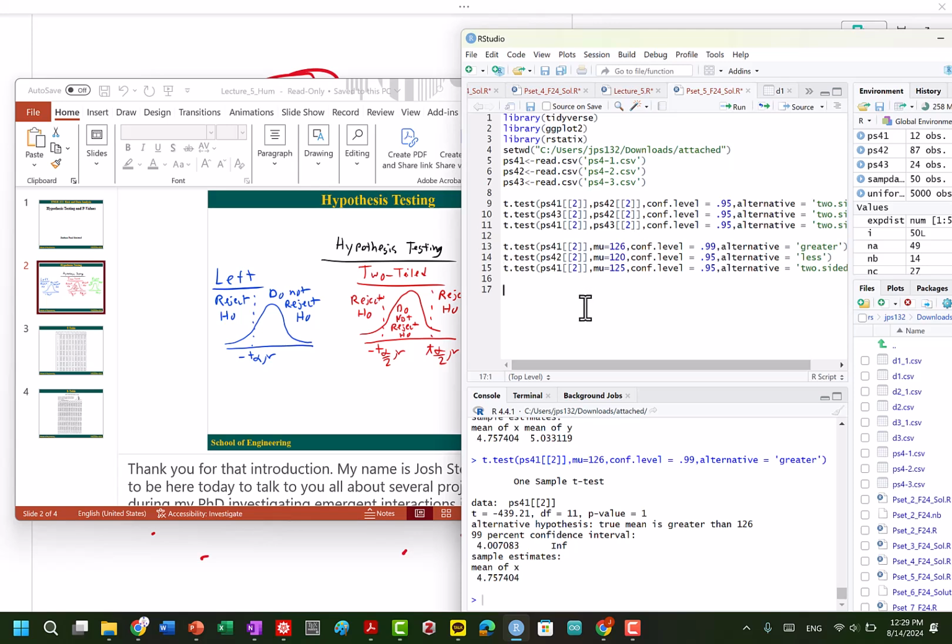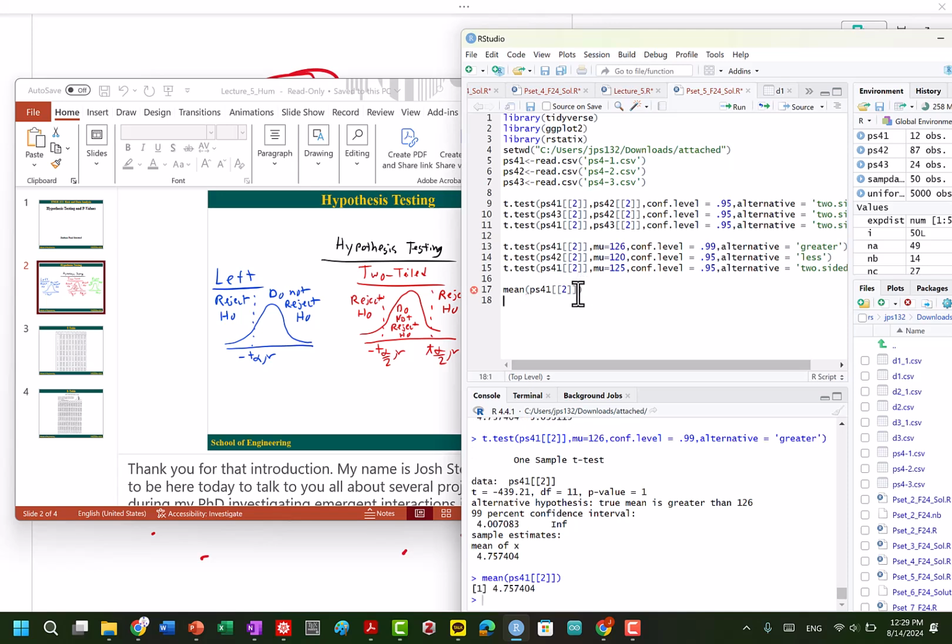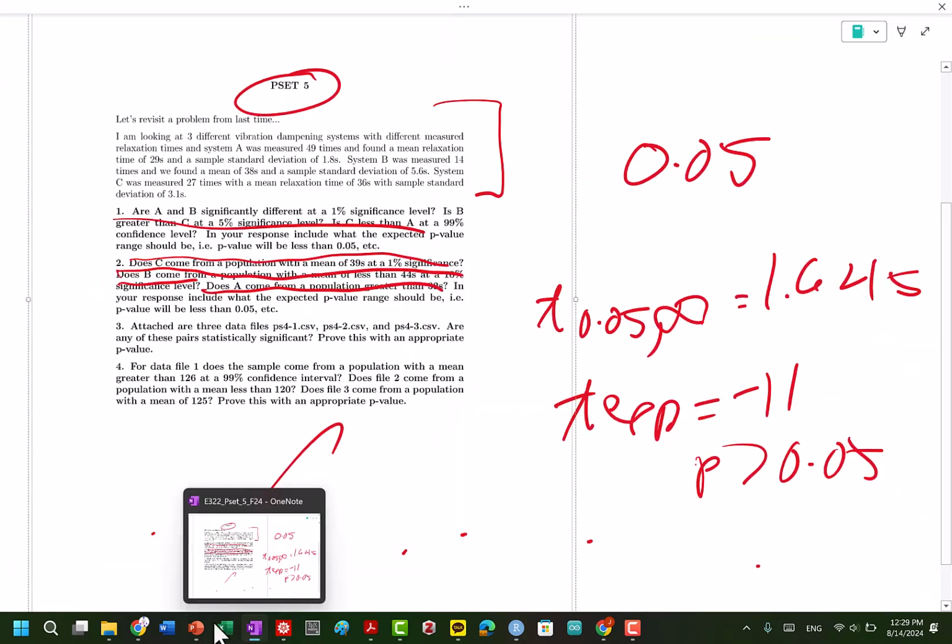And we can kind of understand it. Let's look at the mean. So does it come from a mean greater than 126? Our mean is 4, so definitely not. Let's go to our next question.